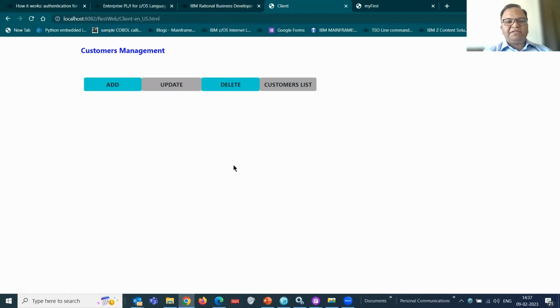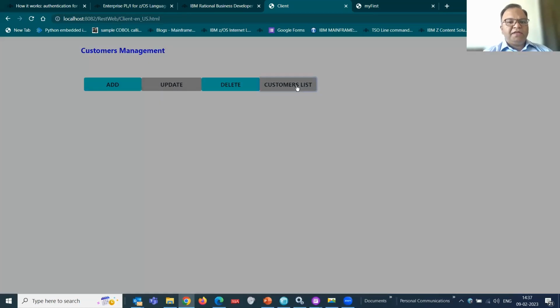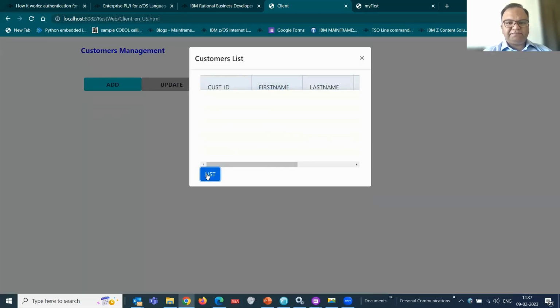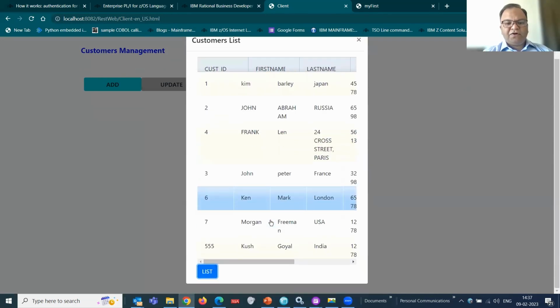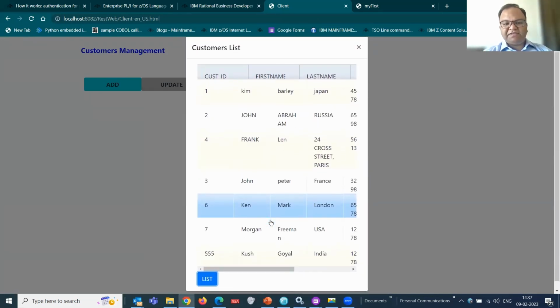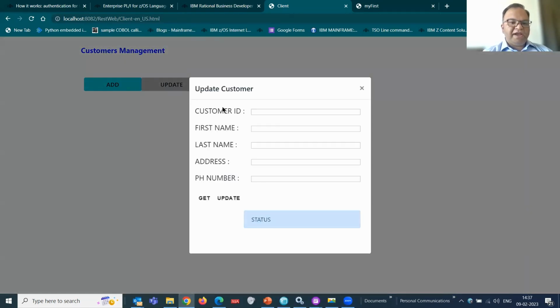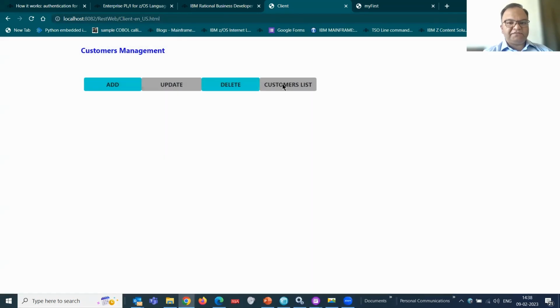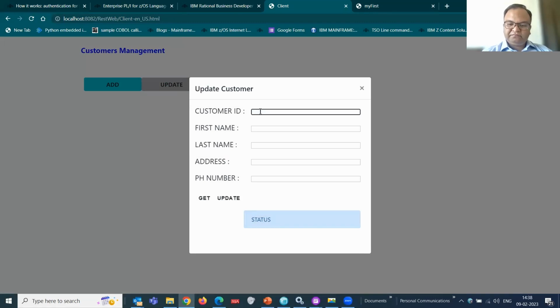This is one application that we have developed using EGL. That's all EGL, and it provides all CRUD operations. Let me go and try to fetch the data first. All the data present in the respective database, we can see here. Now, if I have to make an update operation, for example, for me, let me use 555. And if I do a get,